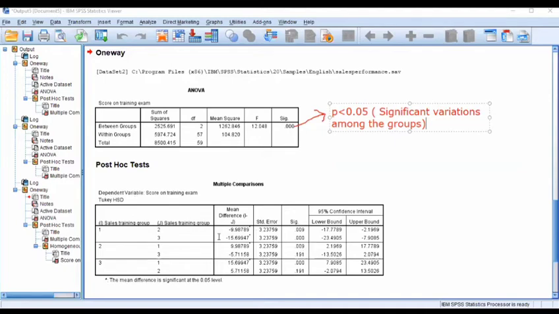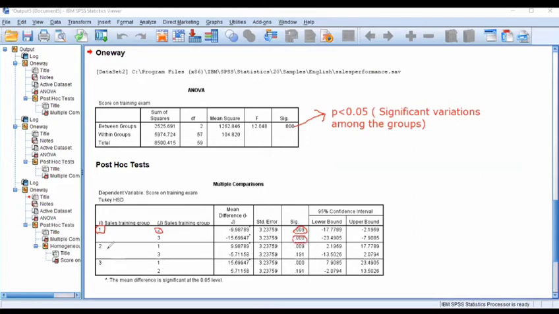So you can see over here that when the sales training group with 1 day of training program is compared with 2 days of training program, again this value is less than 0.05. It is having more impact. 1 day of training program with 3 days of training program, the impact is there.